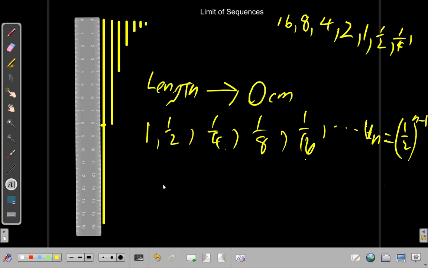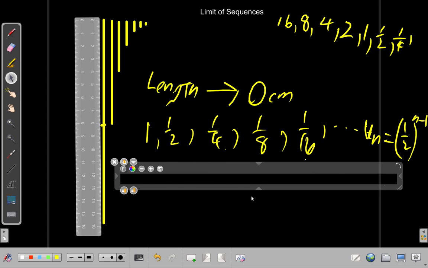So, in plain English, you can say that the limit of this term, whatever term it is, or the limit of the sequence, right, as the number of terms